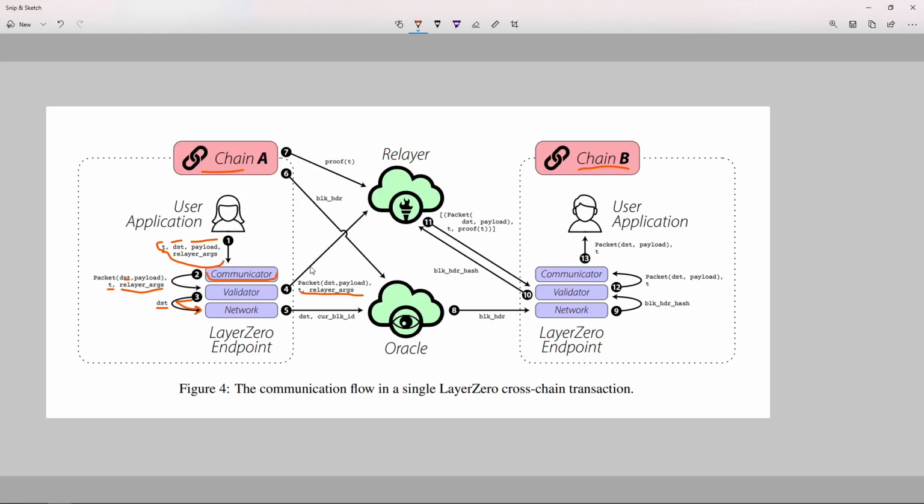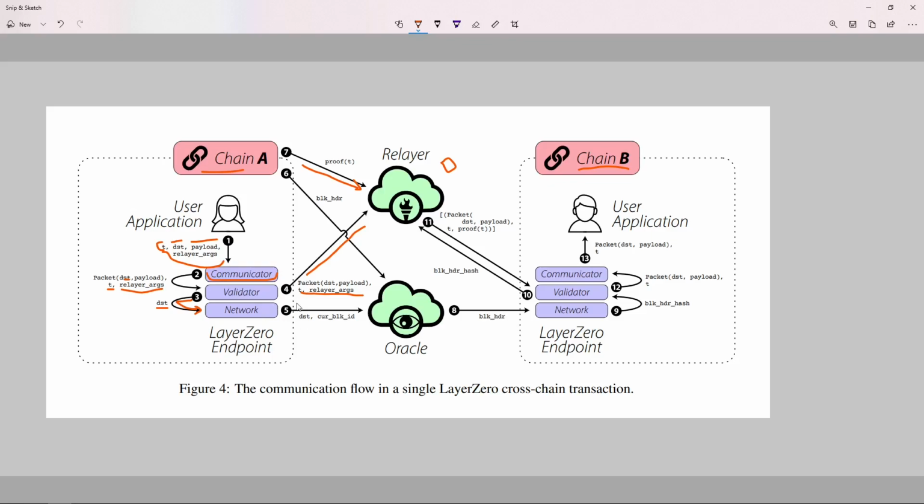Okay, when this goes to the relayer, what it does is it fetches the proof. Although it's step 7, it happens simultaneously after this. Once we send the transaction and the data which we want to pass, it fetches the proof from chain A, which is Ethereum, and stores it in an off-chain database. The relayer stores the data, which is nothing but a proof, in an off-chain database. So after that, once it's stored, let's come to this part.